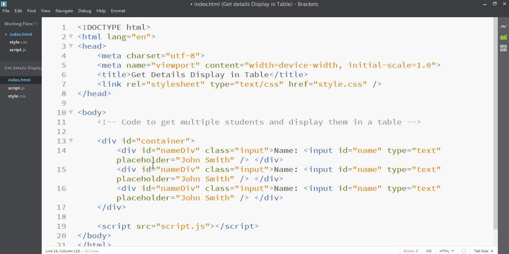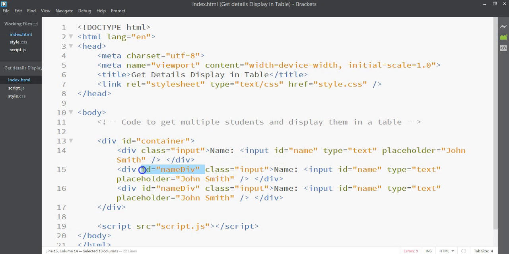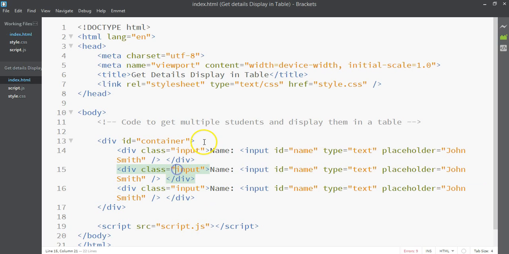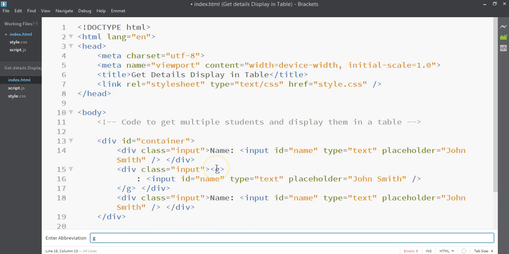Okay, and then similarly, let's copy this, and we have 3 more inputs just like it, and we need to change certain things in here. Okay, what are those things? As usual, the class is input here, but the ID is going to be... okay, we don't need an ID in here. Sorry, I made a mistake. We don't need IDs here at all. These don't need IDs because we're not going to be referencing them separately. So name in here, age,